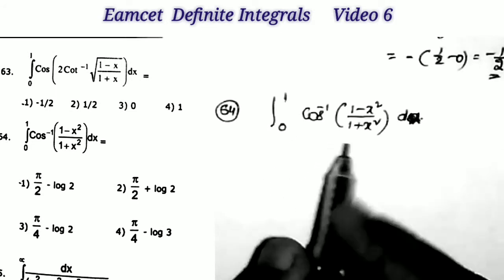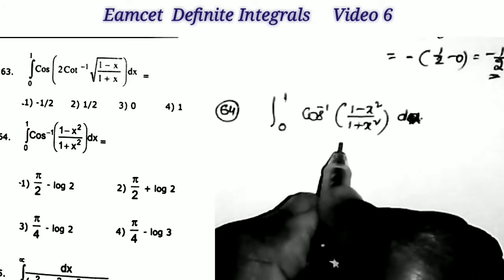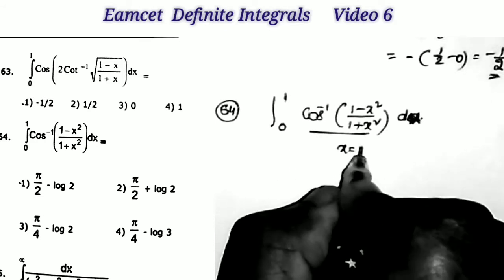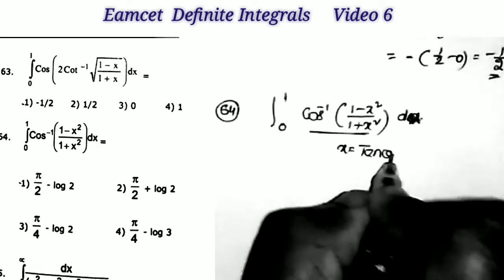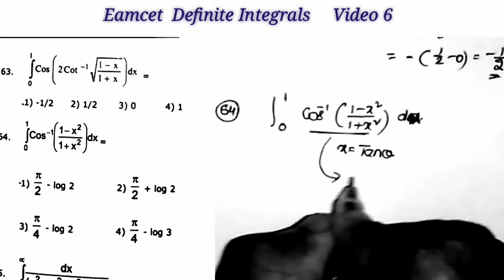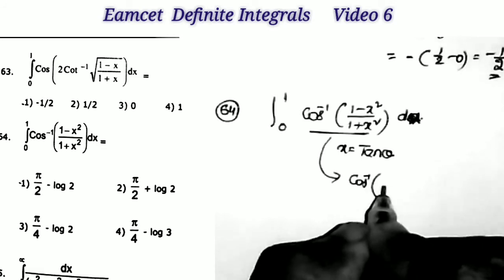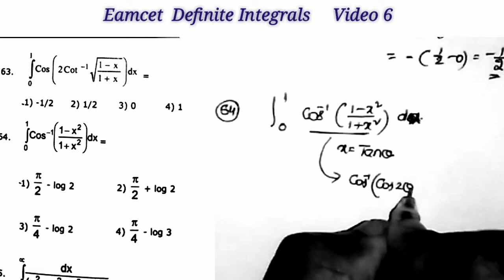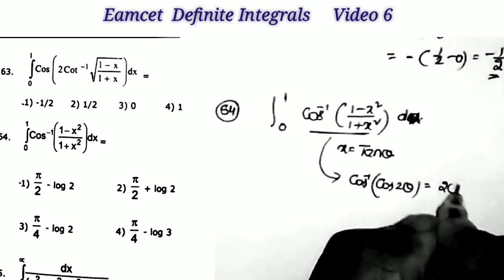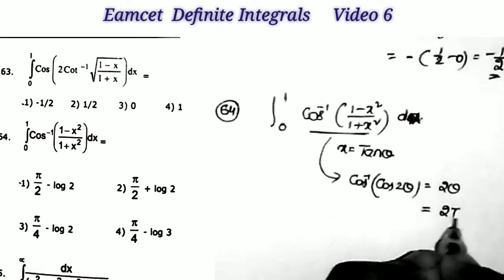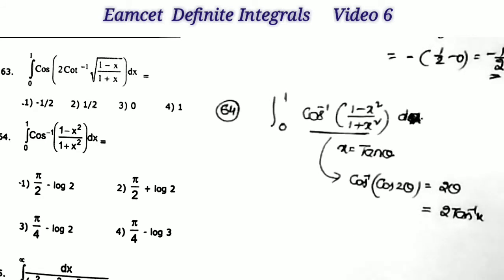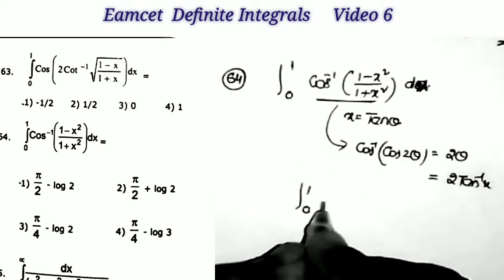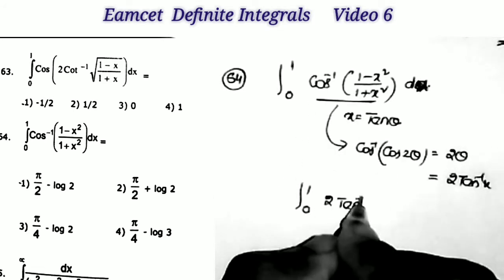Integral 0 to 1 cos inverse of 1 minus x square by 1 plus x square. Okay. So here also first I take the simplification of the function in the given question. For the simplification purpose, first I replace x is equal to tan theta. Then what it returns? Cos inverse of 1 minus tan square theta by 1 plus tan square theta, that is equal to cos 2 theta. And cos inverse of cos 2 theta is equal to 2 theta, that is 2 into tan inverse of x. Okay, this is the given question. Therefore, the given question is equal to integral 0 to 1, this total value is nothing but 2 tan inverse x, 2 tan inverse x into dx.